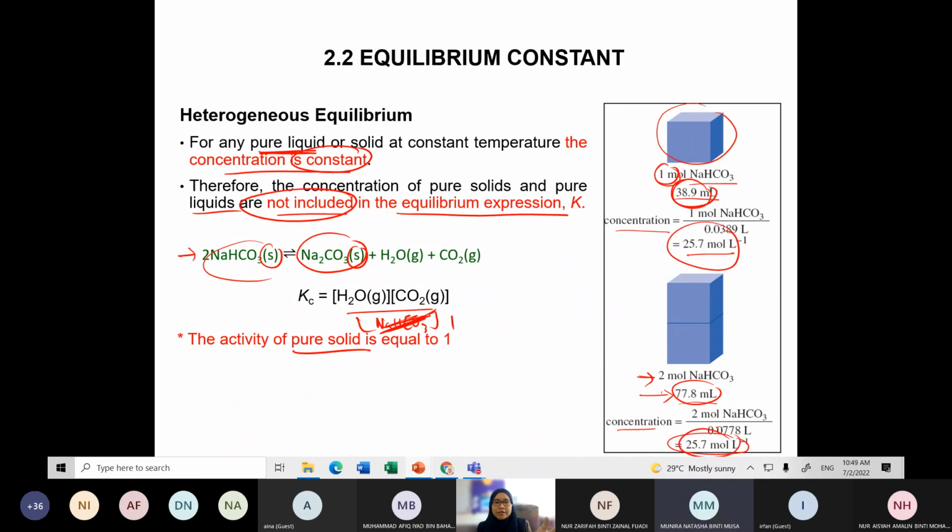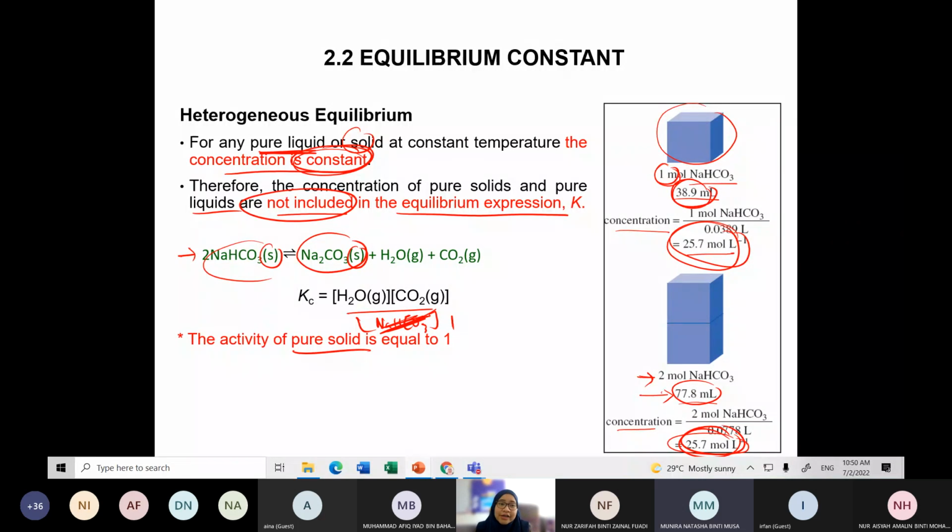Sebab bila dia punya mole increases, volume dia pun bertambah. Lainlah kalau mole dia increase, volume tak bertambah. So that means concentration will be different. But this time, not only the mole increases, the volume also increases. So that's why they end up with the same value of concentration. Value dia tetap sama. So that's why kita kata concentration for solid is constant. Okay? So that's the reason why we said solid has a constant